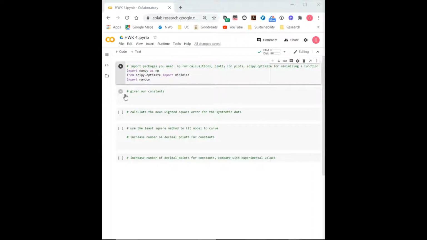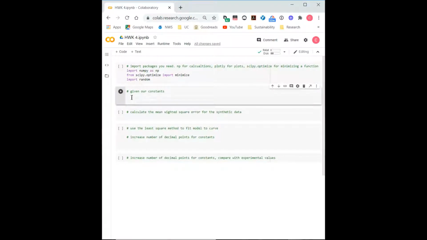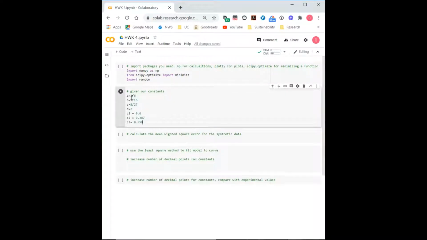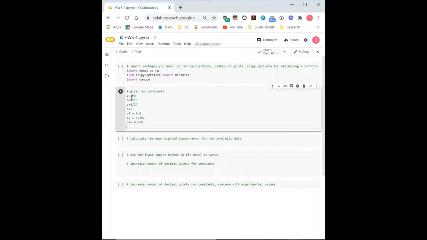So first we're given our constants, which are experimental values that are used in the equation for the Nusselt number. So these are given to us in the problem. Once we have these constants,